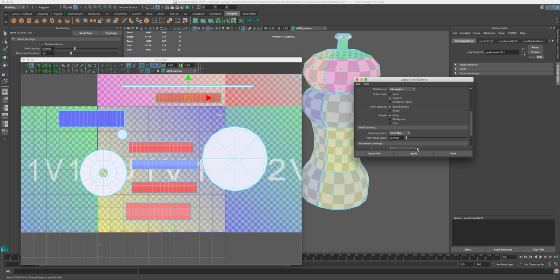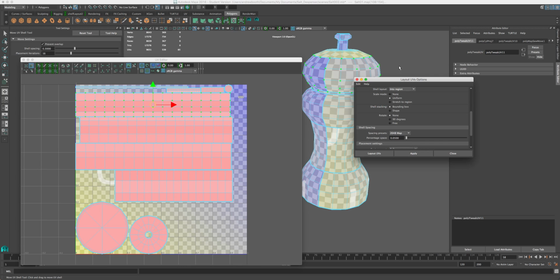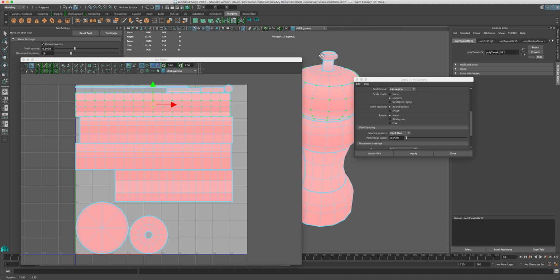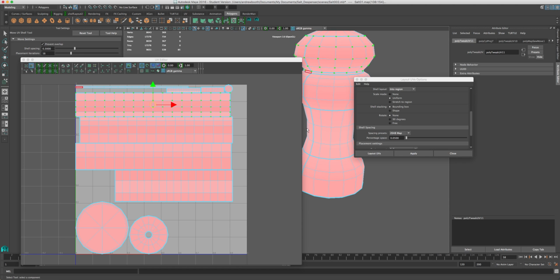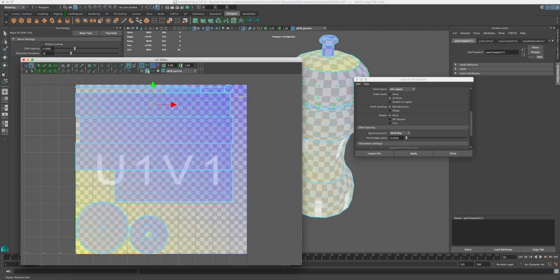And we just go through and click apply. As you can see, it laid out my UVs pretty well. If you turn on the distortion, as you can see, it's literally sorted out all the distortion problems accordingly. It's all even colour, and it's pretty well done. But although this is a good layout, this is good for